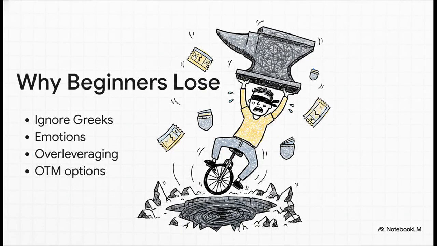So when we pull back and look at the harsh reality, the reasons beginners consistently lose money become very, very clear. They completely ignore the Greeks. They trade based on emotion, dopamine hits, and a complete lack of discipline rather than actual probability. They over-leverage their small capital, they chase that fast money they see flaunted on social media, and they continually buy cheap out-of-the-money options hoping for a lottery win. Trading derivatives is not easy money, guys. It requires intense risk management and deep psychological control. And just as a quick reminder, everything we've discussed today is purely for your educational awareness so you understand these mechanics. It is absolutely not financial advice to start trading.